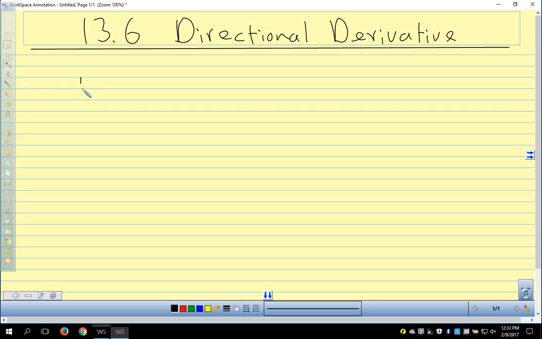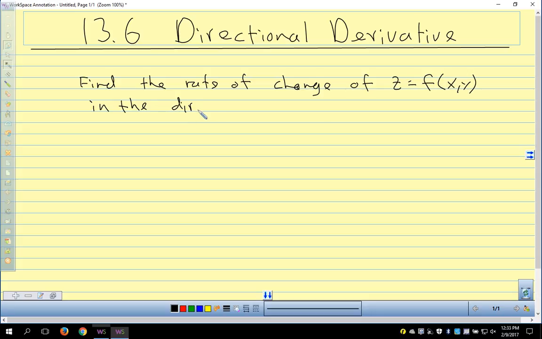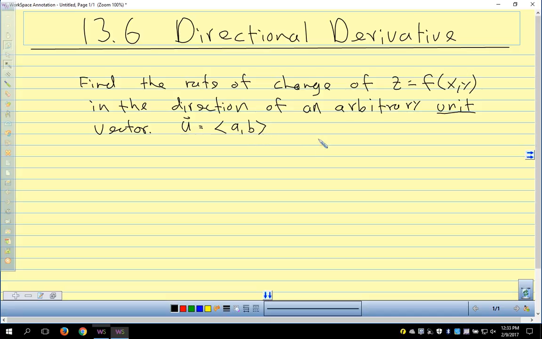So to start, we want to find the rate of change of z equals f of x, y in the direction of an arbitrary unit vector. So we're going to say our unit vector u is, and I want to stress that we're talking about a unit vector, u is the vector AB in component form. So a vector in the plane, going in some direction, and we're saying the magnitude of u is 1, and we're talking about vectors again,